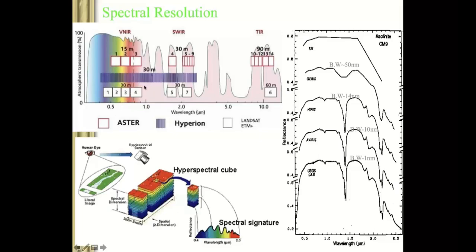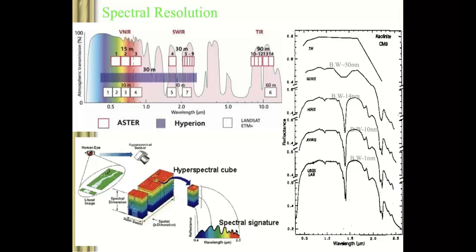If you see here, we have all the information here. There is a gap here, we have information. There is a gap here, we have information. So in hyperspectral, we get information at each and every wavelength, and it is continuous information. After stacking all those images, if you take a block, we call it a hyperspectral cube, and you get a spectral signature. Like in our case, no two persons have a similar thumb impression. If you put your thumb impression on paper, no two people have the same type of impression.